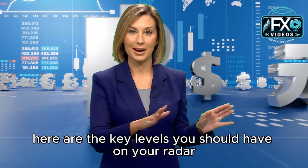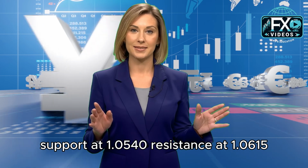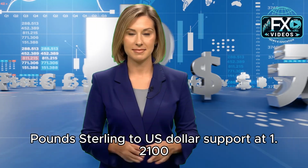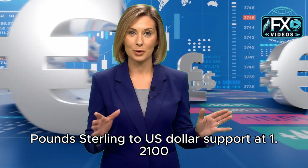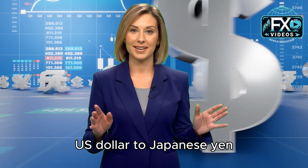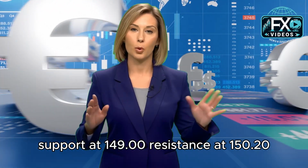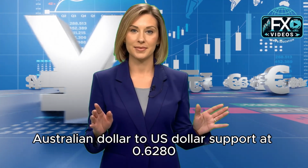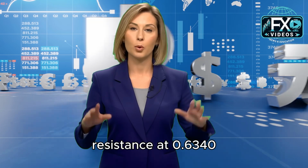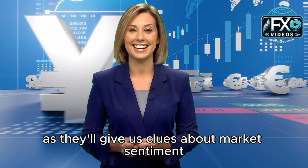Now, here are the key levels you should have on your radar going into tomorrow. Euro to US dollar, support at 1.0540, resistance at 1.0615. Pound sterling to US dollar, support at 1.2100, resistance at 1.2220. US dollar to Japanese yen, support at 149.00, resistance at 150.20. Australian dollar to US dollar, support at 0.6280, resistance at 0.6340. Keep a close eye on how these levels hold or break, as they'll give us clues about market sentiment